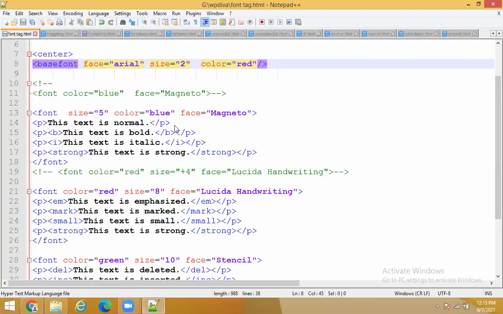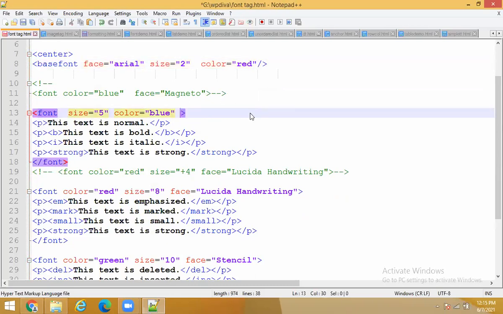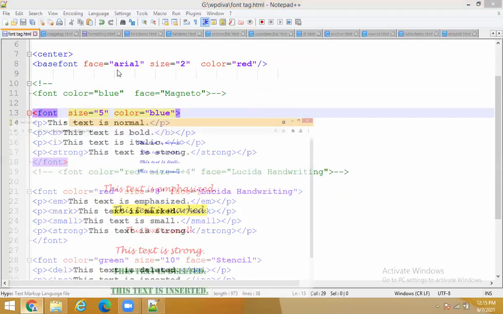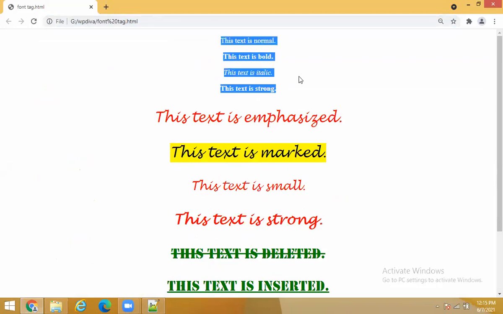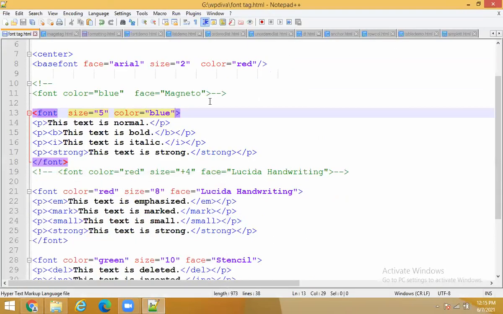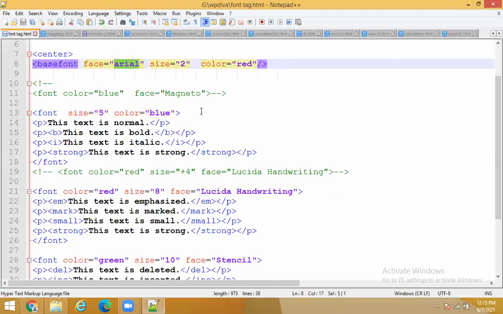Okay, we'll check for another thing here. We will check for font face. I will just remove the font face and we will check. Okay, let me check that. Okay, see here the font face is working. It means the face is applied here and that is a default, which it took by default, Arial. Okay, it took by default Arial.